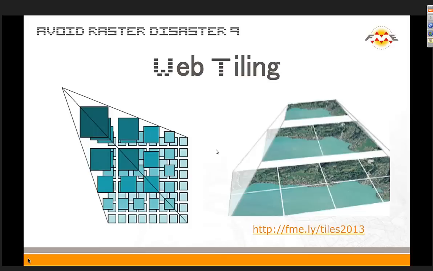Basically what they've done is they've chopped up all their imagery into smaller tile sets. And as you zoom in and zoom out, they also have different tile sets at different resolutions. So it kind of makes a pyramid of imagery. You've got a lot of blocks at the bottom, less blocks toward the top, and finally one cap block on the top.